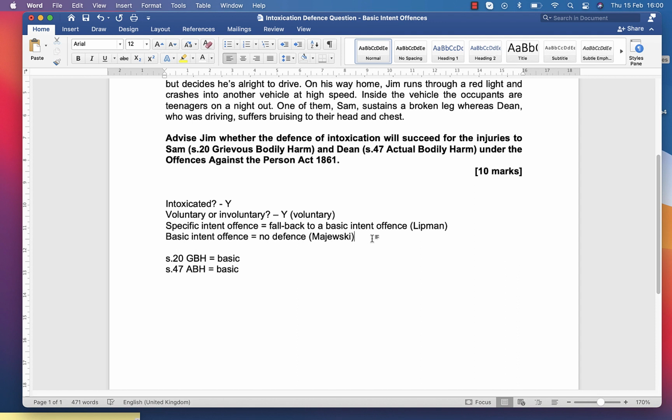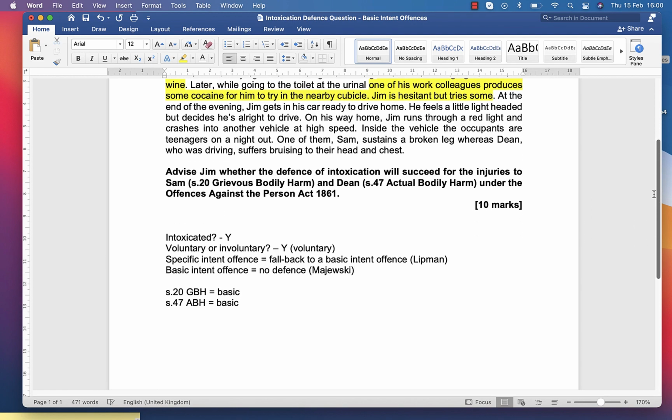Very briefly, Majewski, if you look back at your notes, I think the defendant spent a time consuming alcohol, and I think there was a drug involved as well, and then went to a public house, a pub, and started a fight, police were involved, and he then assaulted some police officers, and essentially that just demonstrates all of those things. So if it's a 30 marker, you're going to have to work out whether the offence is basic or specific, but because I've said it's basic and it's a 10 marker, we've got them just down here. So that's my plan, really, from the flowchart that we had.